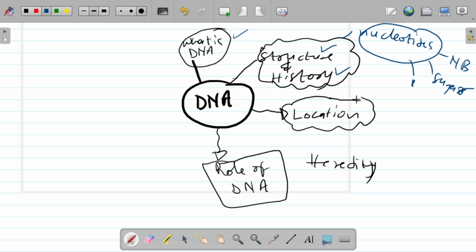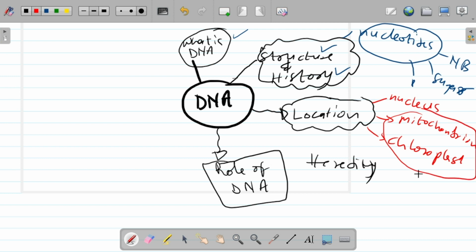Then location, it is found in three places. It is found mainly in the nucleus, that's for every cell, in the mitochondrion, and then in the chloroplast. The DNA found in the chloroplast and mitochondrion is called extranuclear DNA, and the one found in the nucleus is nuclear DNA. Then the role of DNA, we just did the role of DNA. I hope you